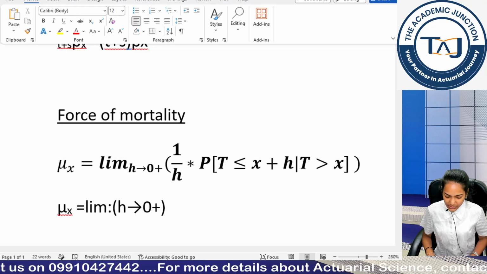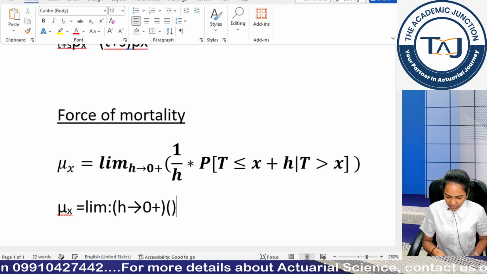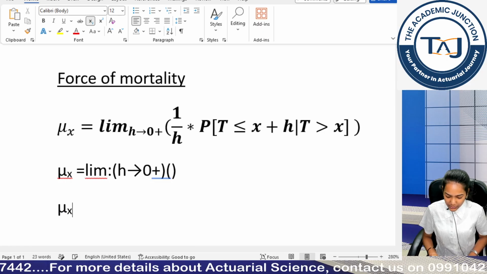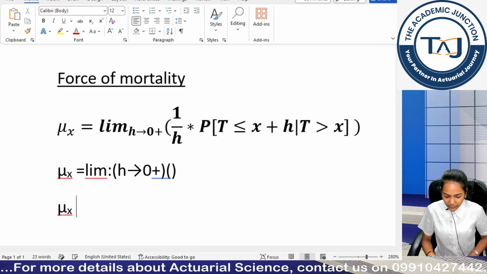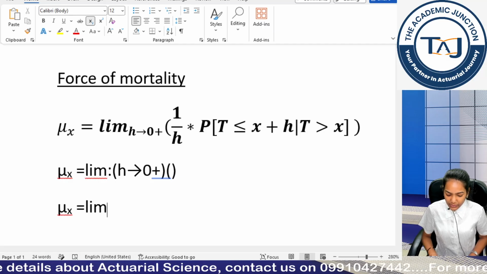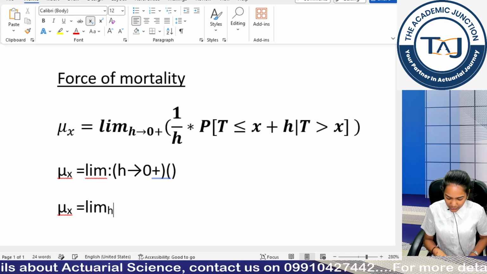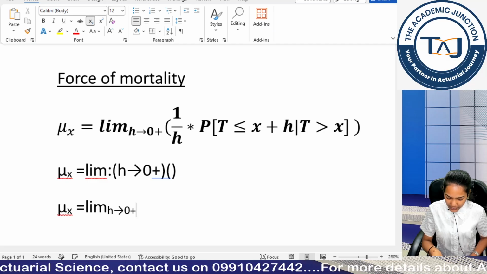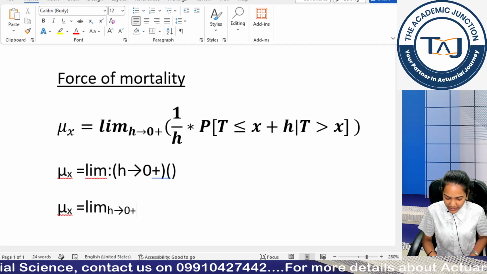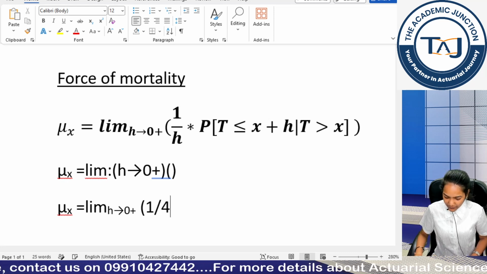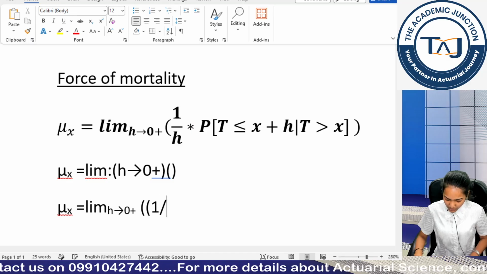You can do this as well and write the whole thing. Otherwise, another approach is, guys: mu underscore x is equal to limits, then I want to go to the subscript, right? So Control Shift Minus, then I use h tends to 0 plus, for the plus, Control Shift Minus, coming back to the normal script, and I write the whole thing. So I write it as 1 by h, I use brackets for it.